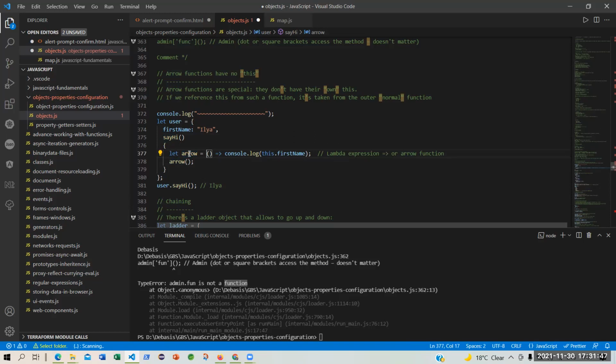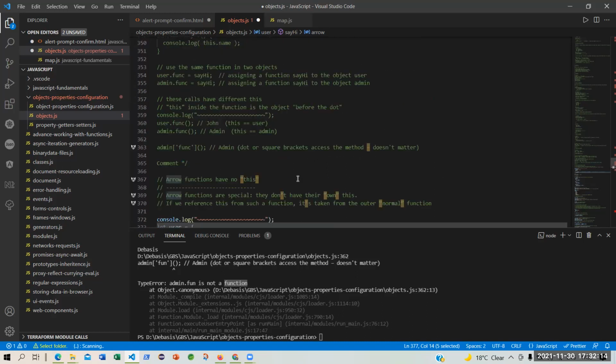So basically this becomes a function, isn't it? Can you tell me what this process is called? Normally it is a variable, arrow, but you have assigned a function through a lambda expression to this arrow. Now what does this arrow become? This arrow becomes a function itself.